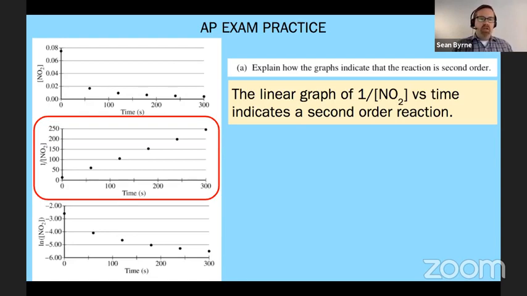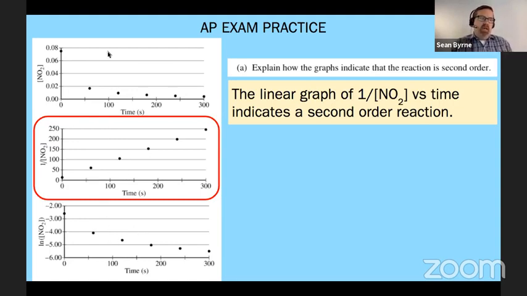I want to caution you here to remember that we're always looking for the linear reaction, and we do need to know what the y-axis would need to be in order to indicate if it's a zero, a first or second order reaction. Okay, and a couple other examples, we saw that they were listed. The first one listed was zero order, then first order, and then second order, right?